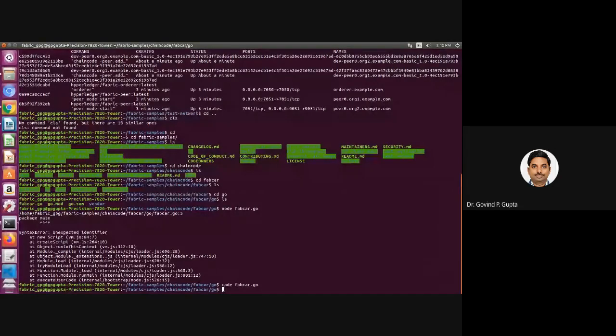Simply deploy Node.js and issue all the commands using node. Node by default creates a peer after execution, and the peer command is used for interaction with the different peers of the blockchain.